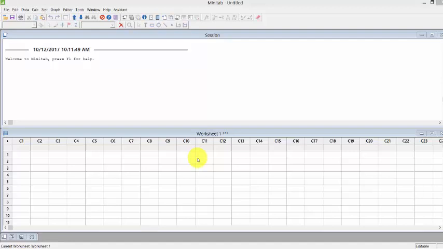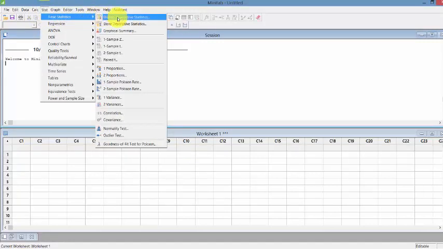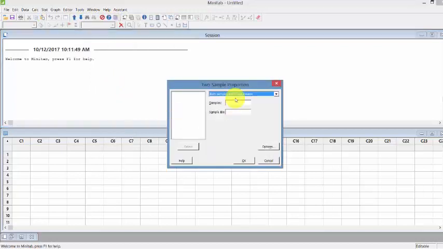Our null hypothesis is always that P1 is equal to P2, so our claim is going to end up being the alternative. So the alternative hypothesis is going to be that P1 is less than P2. So in order to perform this test, we click on Stat, Basic Statistics, and then we go down to Two Proportions. Here we're going to need to fill in our summary statistics, so make sure that you have summarized data